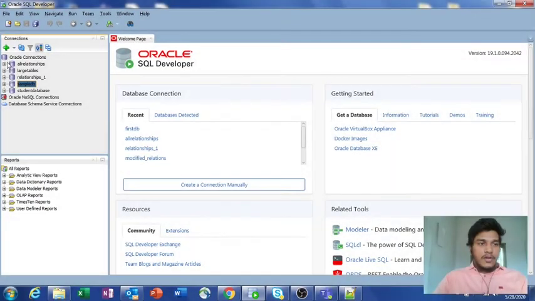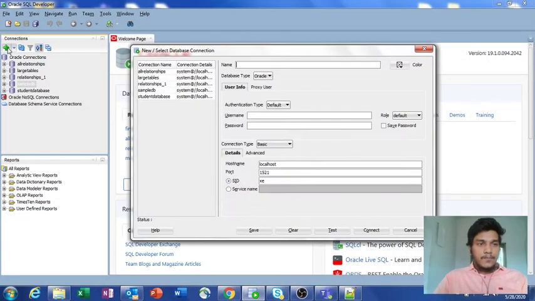Okay guys, first of all, I am creating a new connection here. The connection is nothing but a new database connection in SQL Developer. In order to create that database, we need to create a new database connection here. If you have not installed the database previously in your local system, then please go ahead and install one of the versions, either 12c or 11g, whatever it may be. Here I am using Oracle Express Edition 11g and making a new database connection